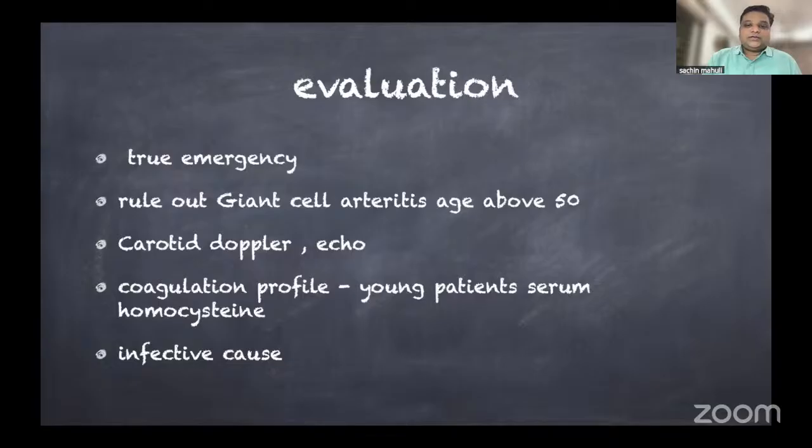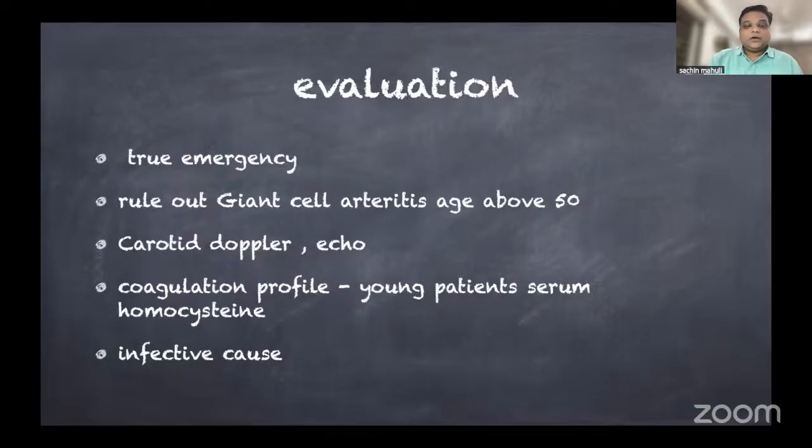You need to rule out giant cell arteritis also in patients who are above 50 years of age, and they will very classically have pain, temporal pain, and they'll have all the features of arteritis around the temple area. Carotid Doppler is a must in all these cases because you might find atherosclerotic plaques in most of these cases. Echocardiogram is also important because if there is a mobile plaque in the heart, it can also lead to these